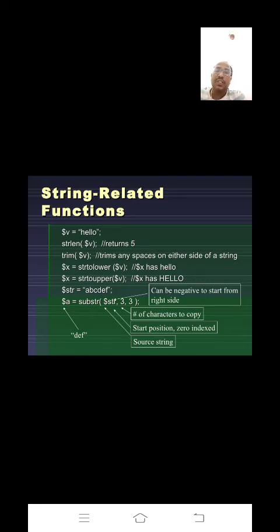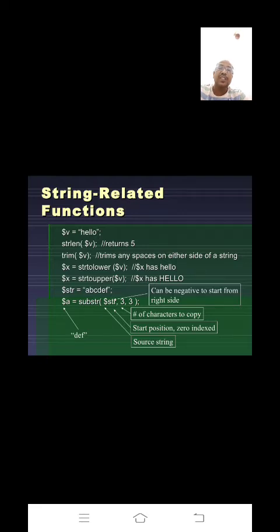Are you understanding here? Substr is a function which extracts some part of the given string. So where does it extract from, and where does it stop? You have to specify that in the substr function after the variable name: 3, 3.